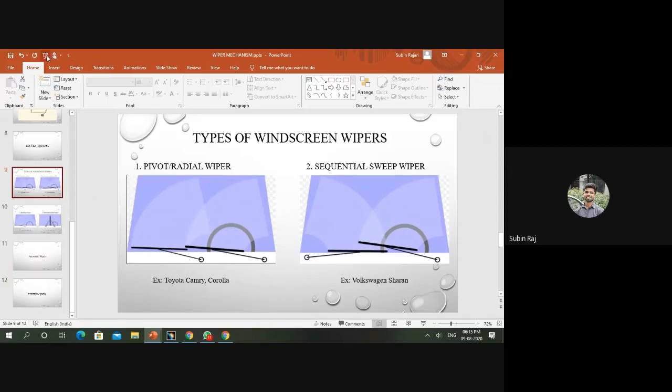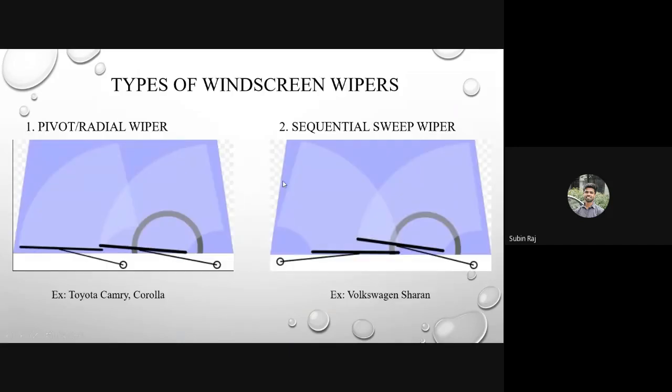These are the main types of windscreen wipers. This one is called the pivot or radial wiper, and this is the most commonly used wiper system. In this, both the blades are connected to a single arm, which is connected to a motor. This type of mechanism is mainly used in Toyota Camry, Corolla, etc. The second one is called the sequential sweep wiper.